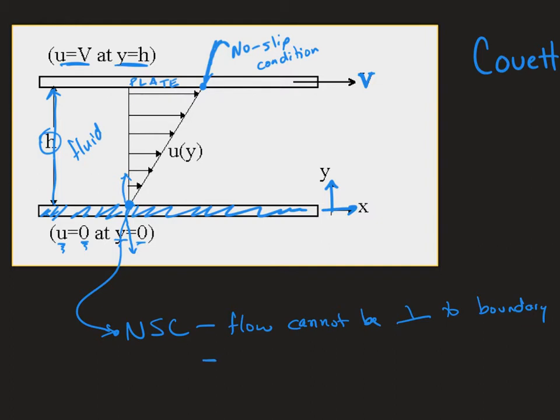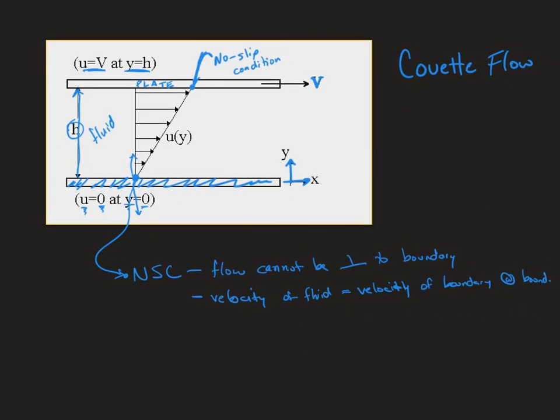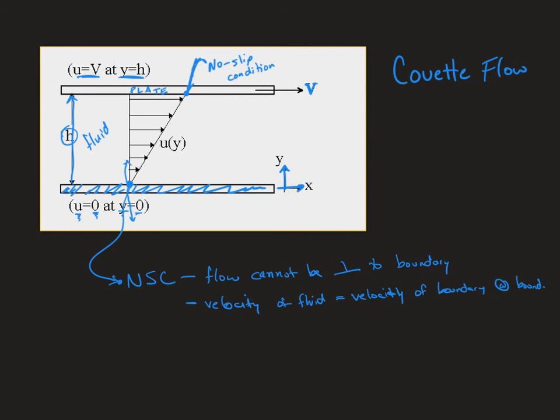And then the other thing that happens here is that the velocity of the fluid equals the velocity of the boundary, at the boundary. So nothing else can happen. Okay, so then the last thing, and this is the interesting thing, and this is where we're going with all of this, is that